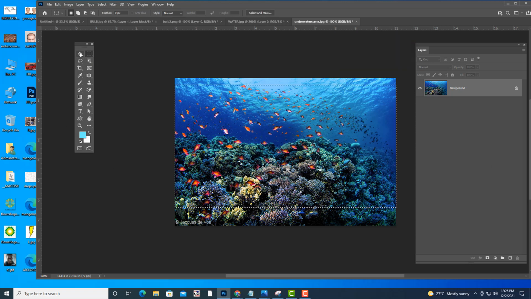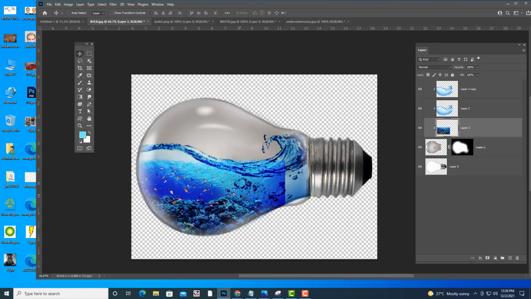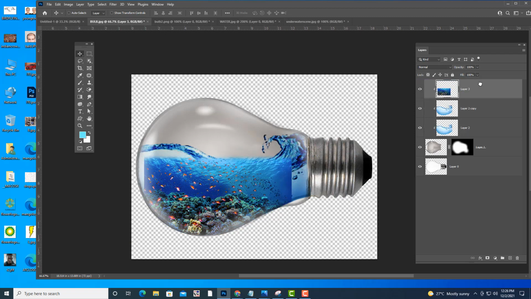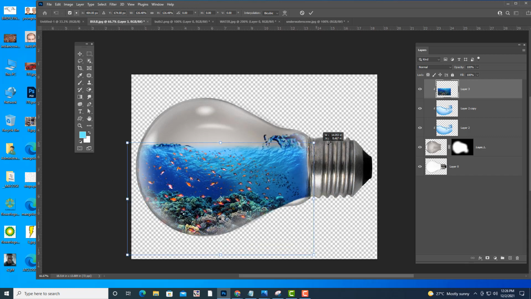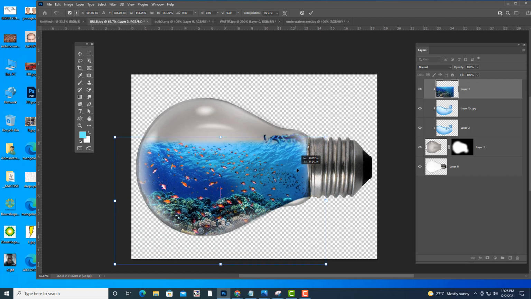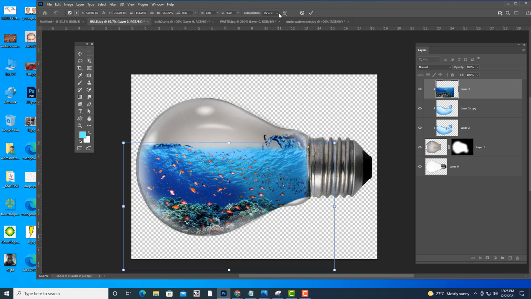Then you simply drag it and keep it over here. It is a clipping mask actually. Try to increase it, and you can also reduce the opacity here so that you can see the surface.